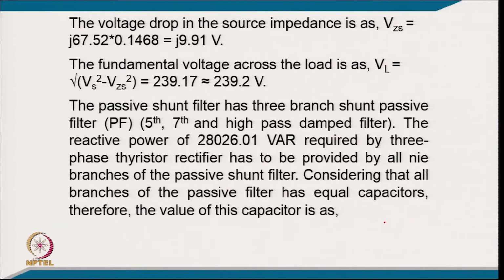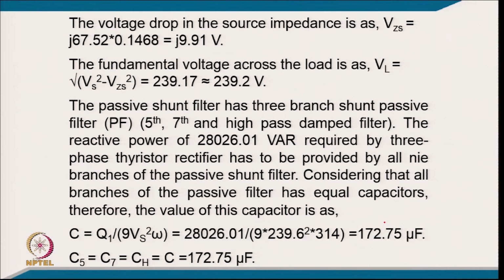The passive shunt filter has 3 branches: a shunt passive filter for 5th, 7th and a high pass damped filter. The reactive power required by this converter is 28,026.01 kVAr, required by the 3 phase thyristor rectifier, and it has to be provided by all 9 branches of the passive shunt filter. So, considering that all the branches of the passive shunt filter have equal capacitors, the value of the capacitor is as